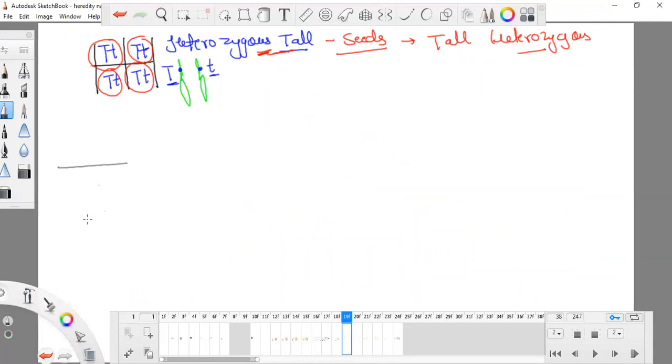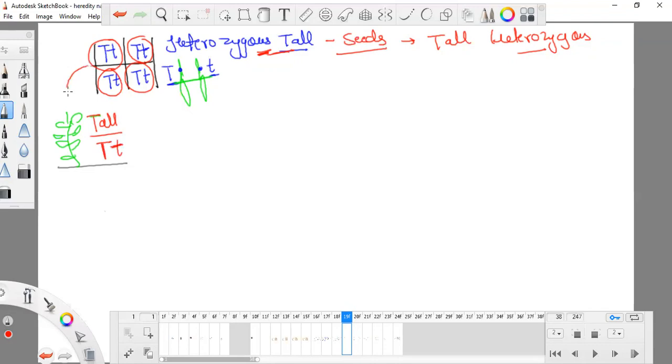Okay, and Mendel took these seeds and grew all the seeds one by one. We will only study one. So there is a development of the plant. Now the plant is very tall, and the information it carries is TT. So the plant will be tall for sure. The plant is tall, but with this information it is not impure.